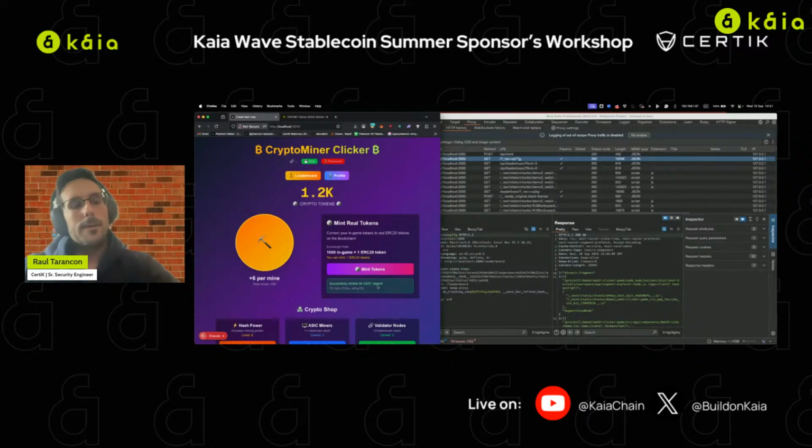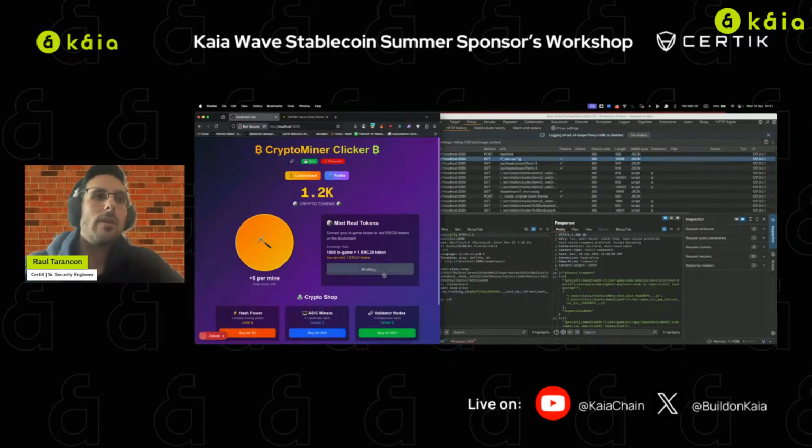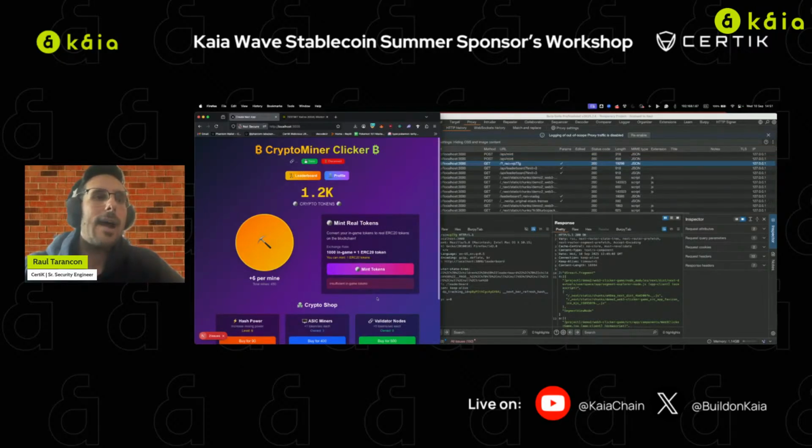So then the backend sent me this token. So if I click again on mint token, I cannot mint more tokens because, well, I need to